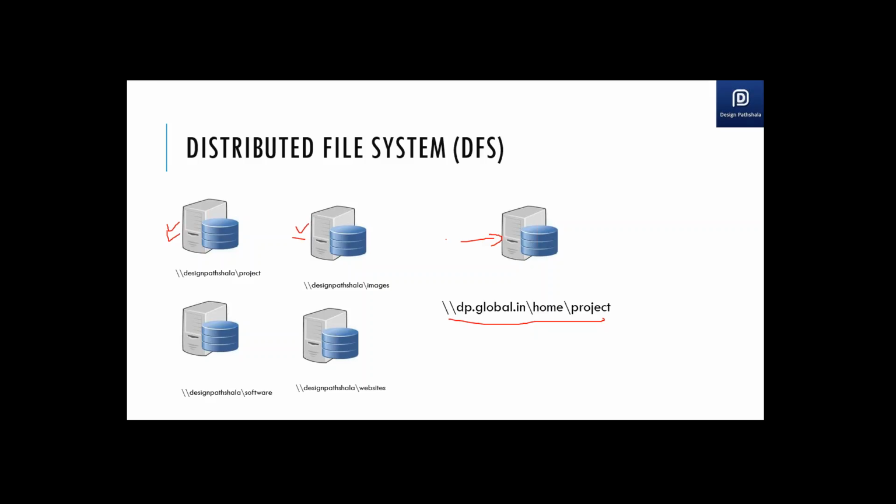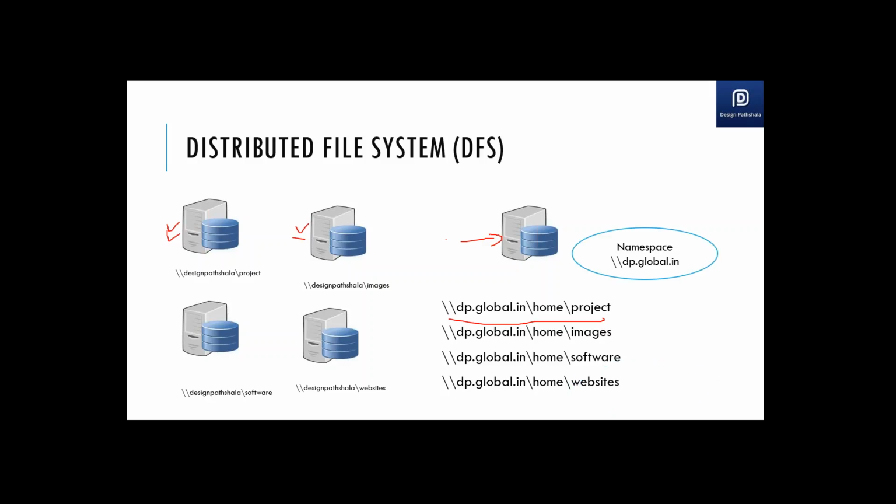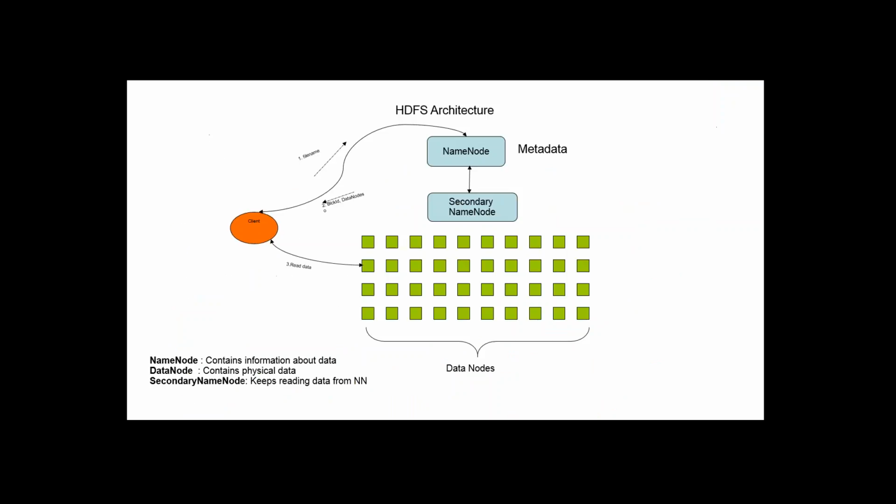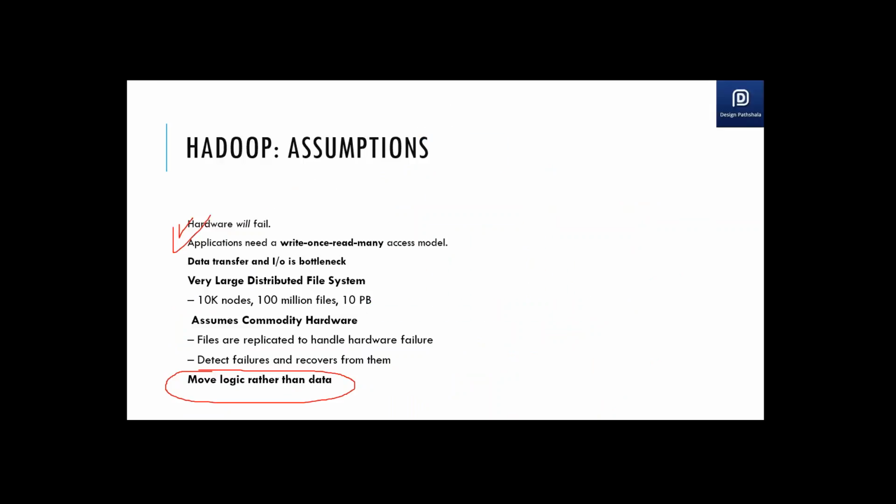So you don't transfer your data, you just transfer your logic of processing the data to the nodes where your data is lying, and that's the beauty of the cluster, and that's the beauty of the whole ecosystem. If you have to transfer your data, you can think of the different bottlenecks which can come to you. So it assumes that your hardware will always fail, and it basically transfers your logic rather than the data.